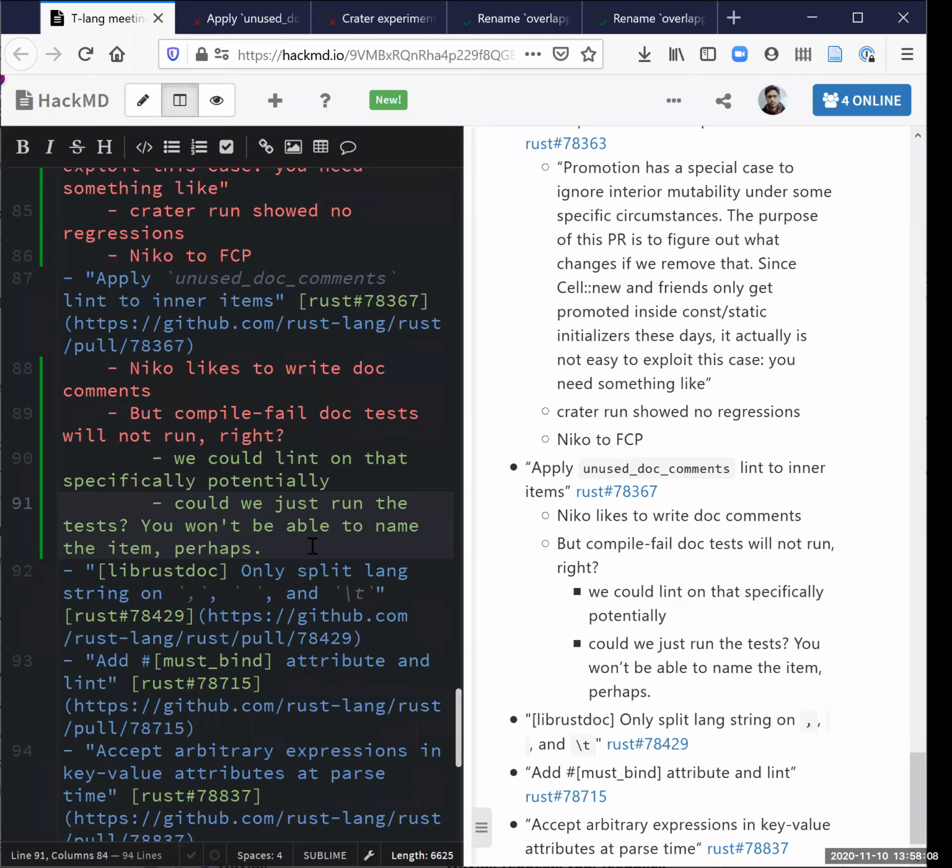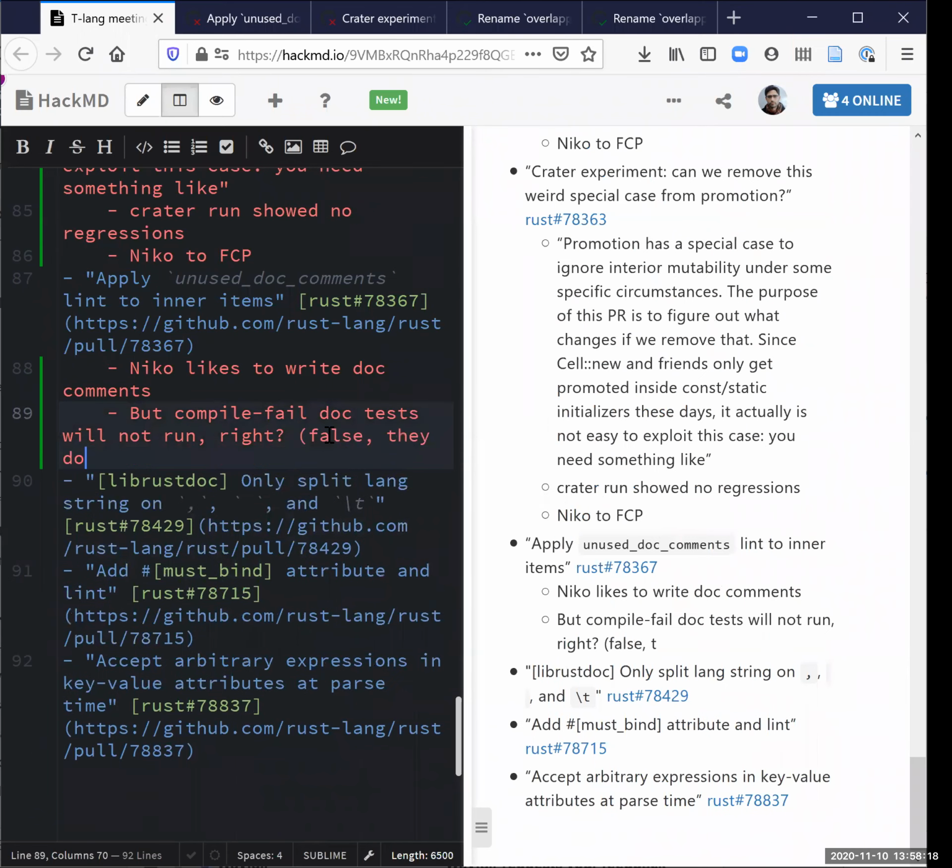Oh, cool. It is running it? As far as I can tell, yeah. Okay. Great. Then I think we should keep it, personally. Yeah, I agree. I definitely write doc comments on stuff inside. I almost want them on expressions sometimes. Yeah, I do sometimes too. They feel different. But I feel like anything you can do to an item at top level, you should be able to do to an item in this level.